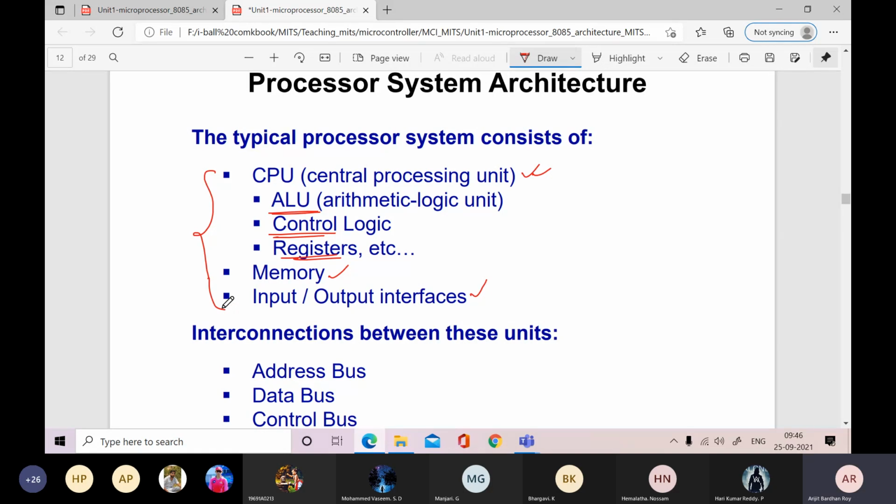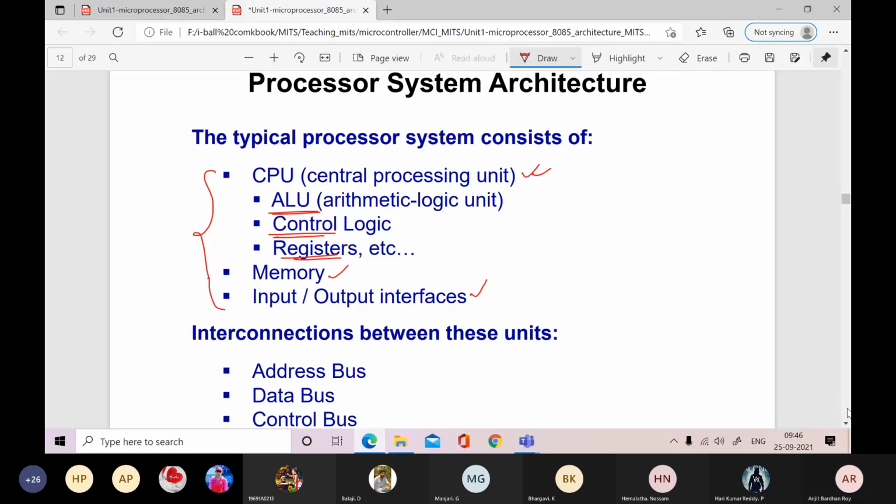Three blocks or three components must be there in your processor system. Must be there. Otherwise, your processor is not called a processor. Okay, so